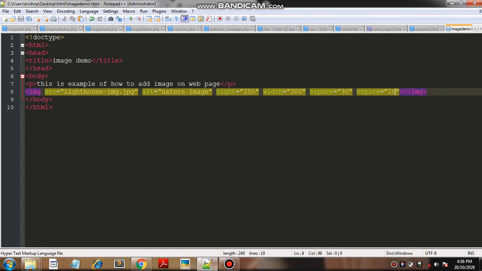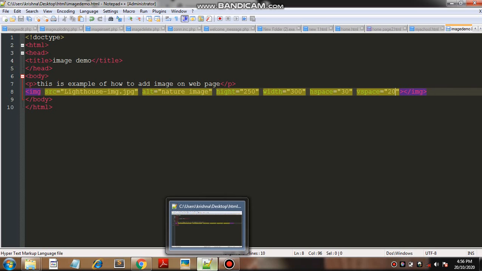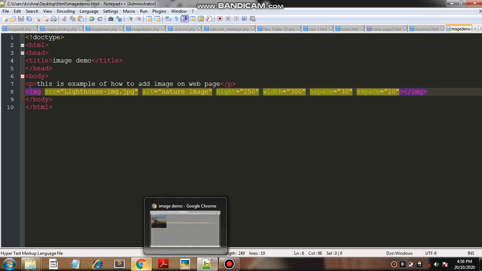Now Ctrl+S. See here, all the attributes are in an image tag, only in a single line, right? Again go to your code and refresh your file. See, there is a difference on the left side and above the image, because we gave hspace and vspace in our code.